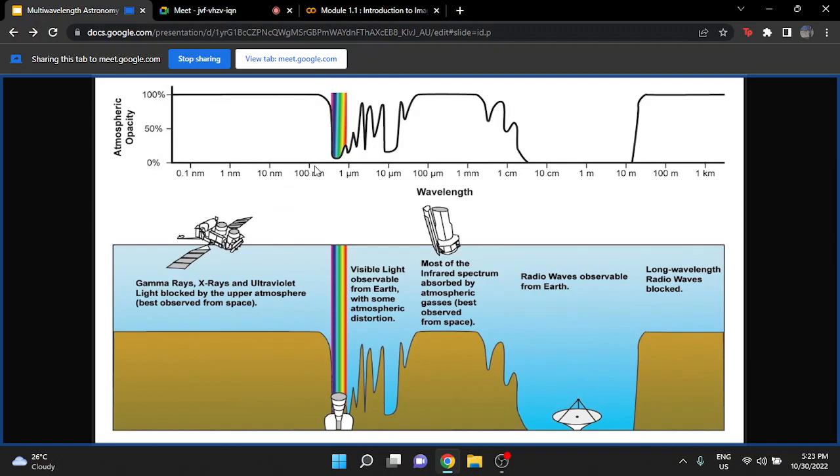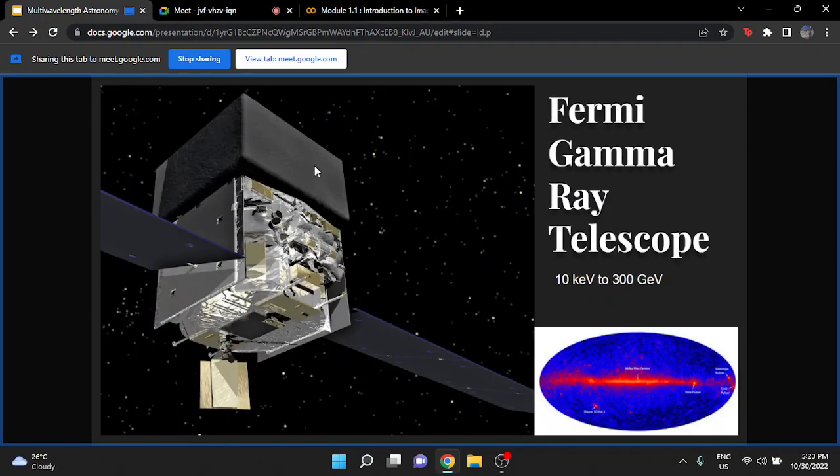So the first telescope is the Fermi Gamma Ray Telescope. The image that you see is an artistic rendition. And on the bottom right corner, we see a 2D projection of the 3D sky that the Fermi Gamma Ray Telescope observed. I'll tell you one more feature about these observations, that sometimes telescopes go into something called a